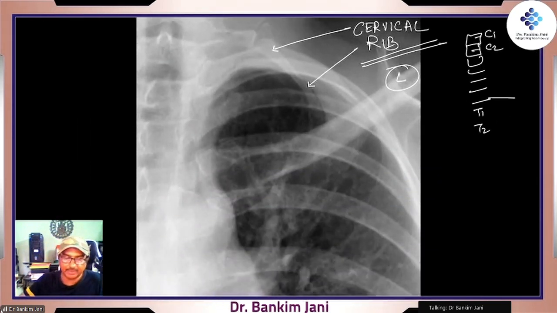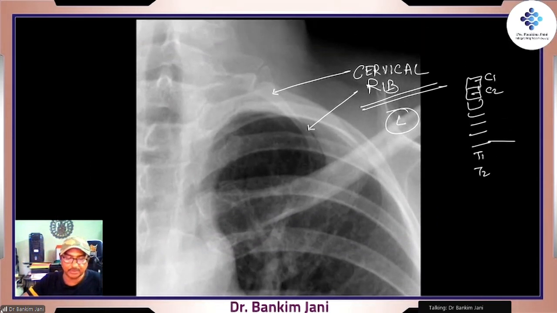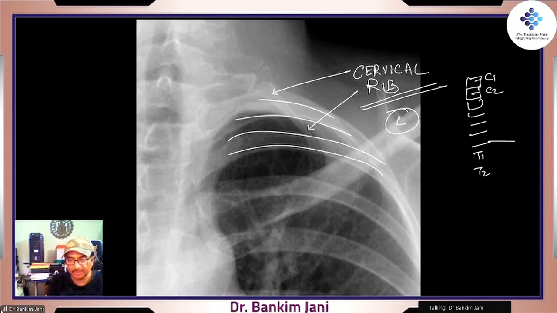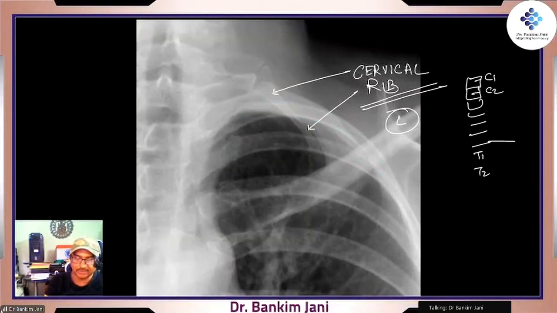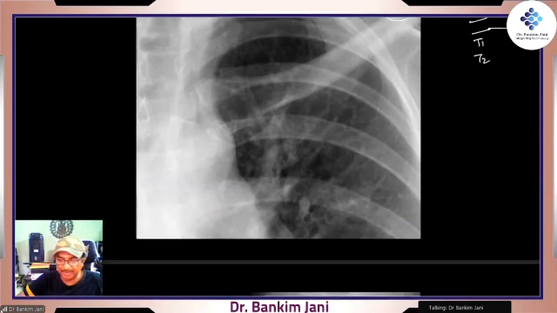So here we are watching the extra ribs. That is what is called the cervical rib. See the cervical rib, the extra rib. It is a very small rib, relatively. And this is its location. From here the brachial plexus will be coming out, and this brachial plexus will be supplying the upper limb. So when these cervical ribs are there, it will lead to compression of those cords, and that will lead to many complications.